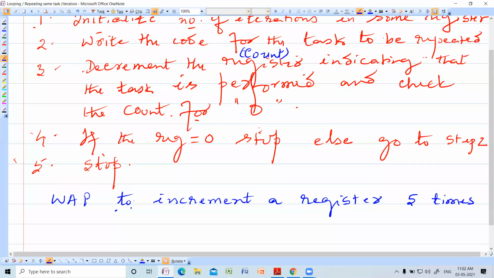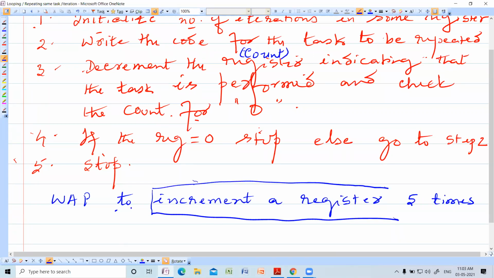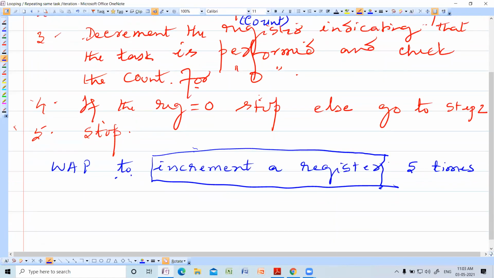So here what is the task to be performed? Incrementing the register is the task to be performed. How many times you need to perform? 5 times. So this is the count.